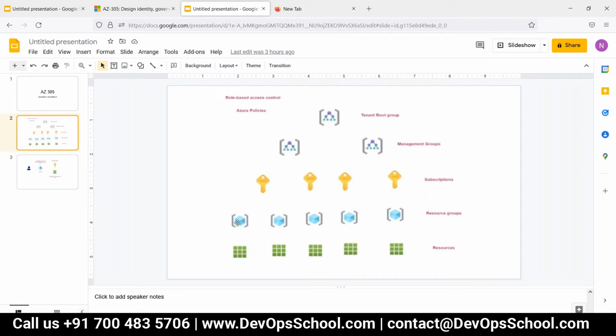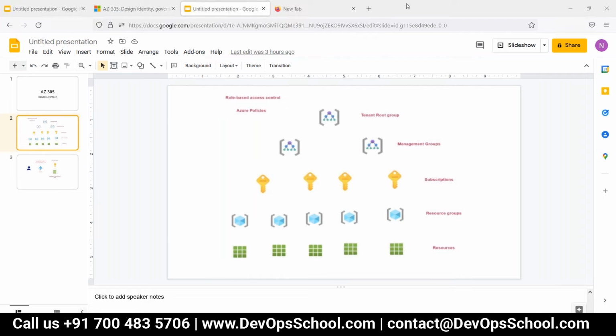Within a resource group there will be multiple resources. This is a very interesting and important thing to understand. Let us take virtual machines. So multiple virtual machines will be there.